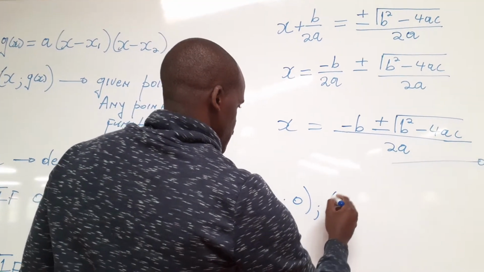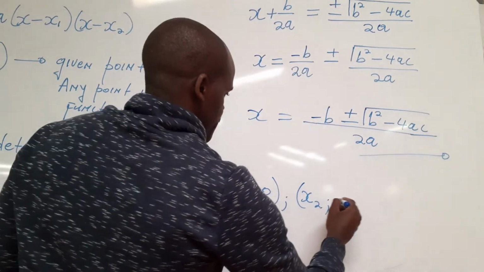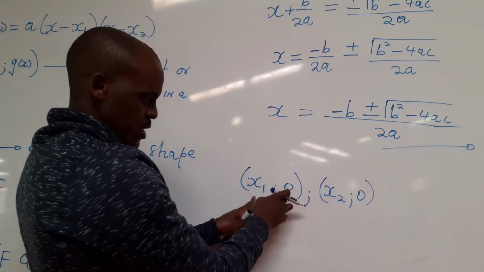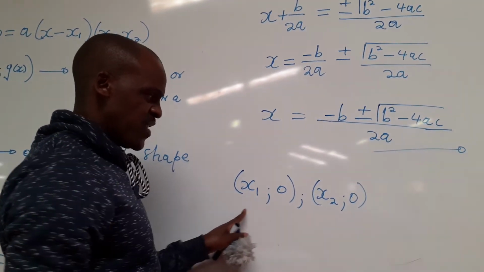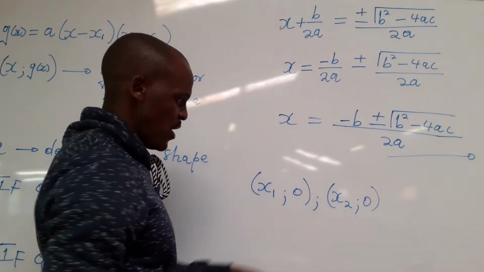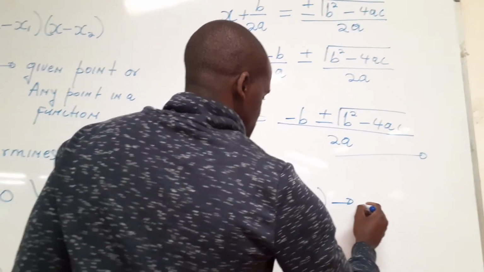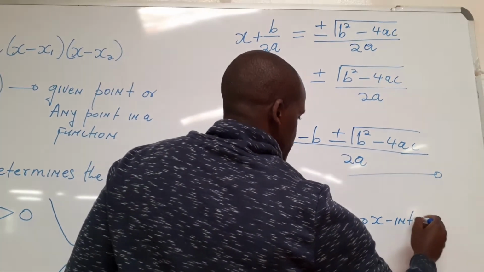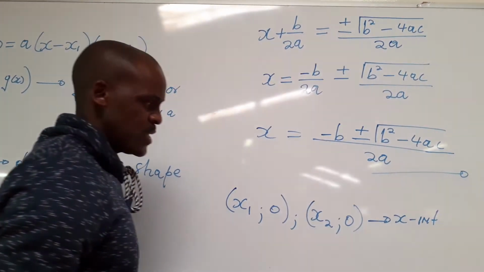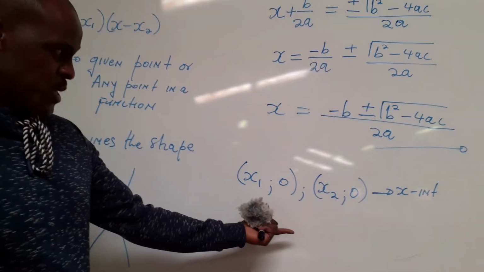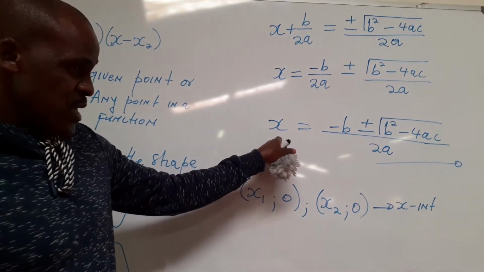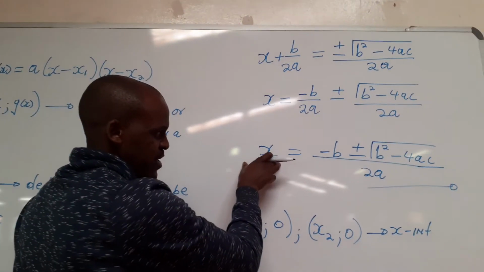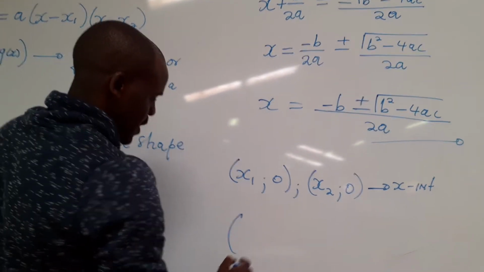As I've indicated, x1 is equal to 0, x2 is equal to 0, which means these are our roots, or our x-intercepts. Same as you can see there, which means if you were to find the roots here, you were going to say